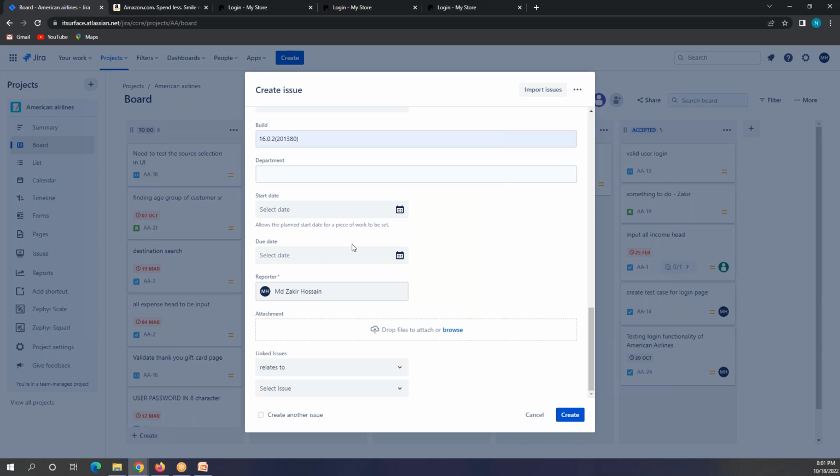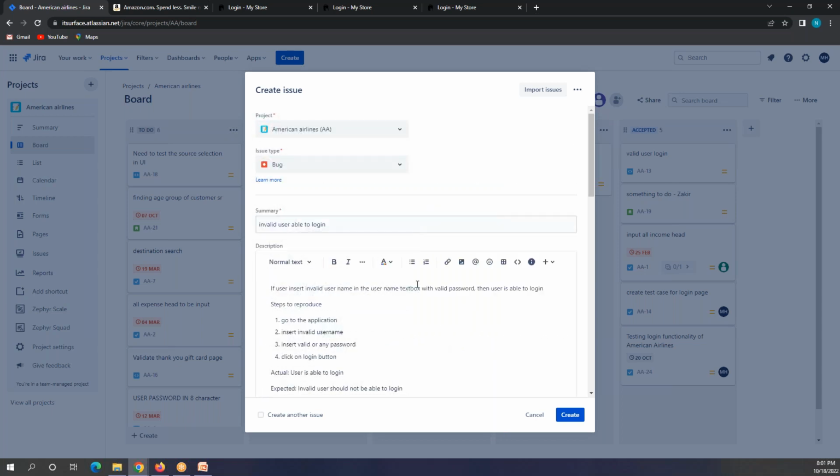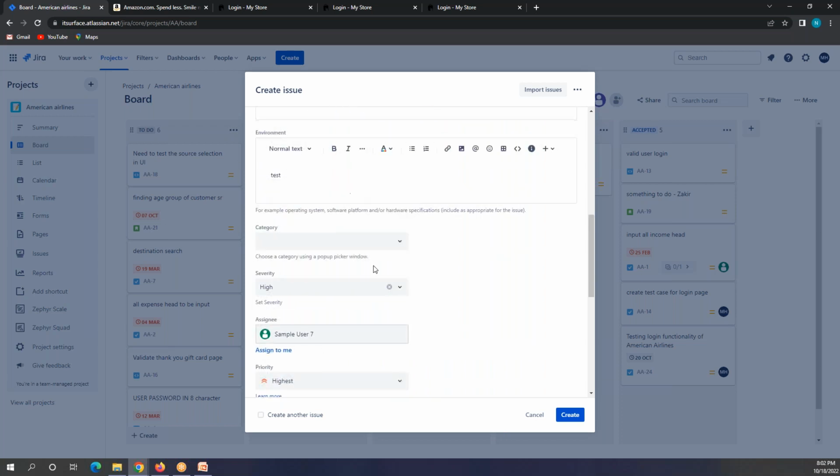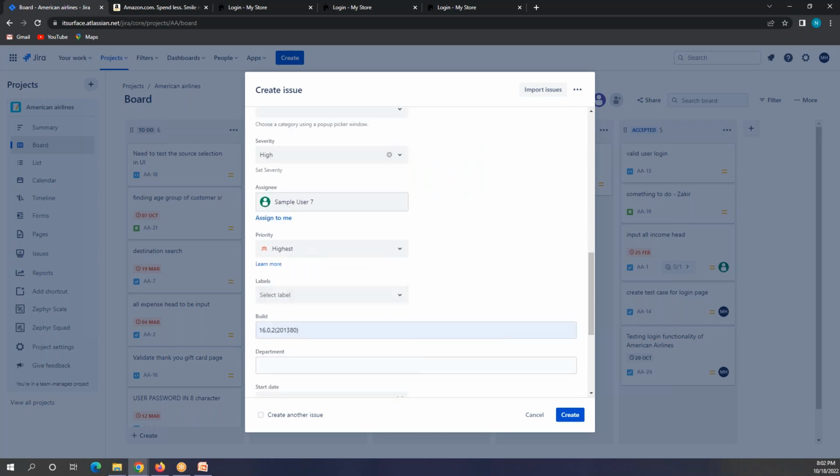So it's one of the mandatory things for the bug that you attach the screenshot. A couple of things: summary, making that issue type a bug, especially this one, and description, where you have to show the steps so the developer can reproduce that bug. Then, where did you find this bug? Test environment or somewhere else, but usually we are only allowed to test in the test environment, so you have to put test here. This is a high priority.